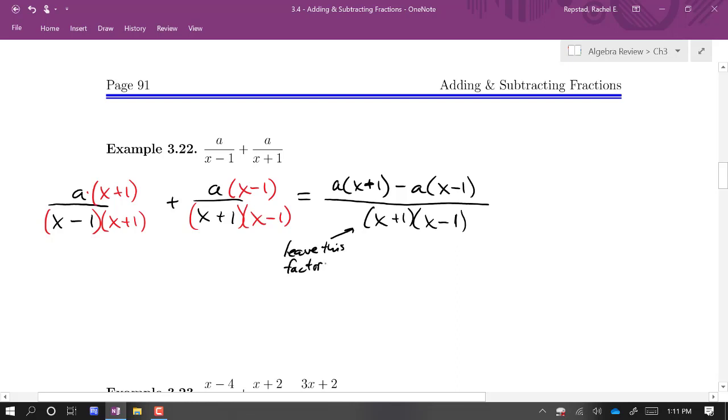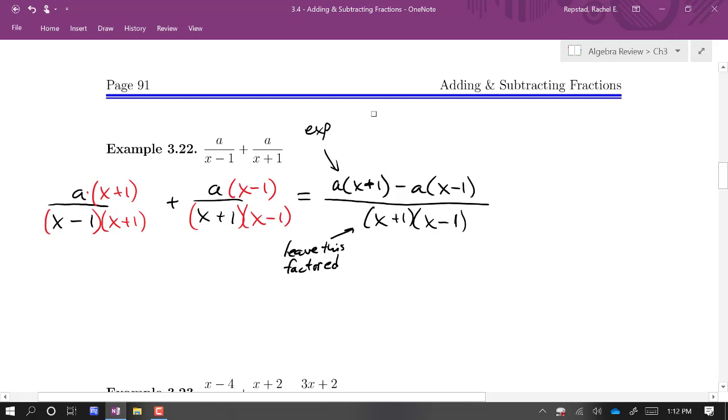It's not that you're not allowed to multiply it out. You are allowed to multiply it out, but it does not get us anything, and it can sometimes make our work a lot harder. It can make our simplifying process harder. So it's best to just leave the bottom factored. The top, however, we have to expand,